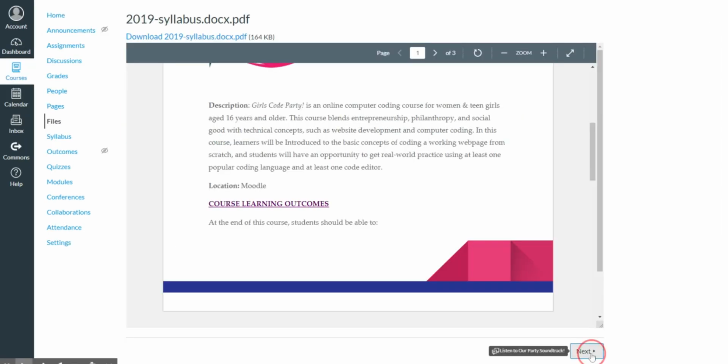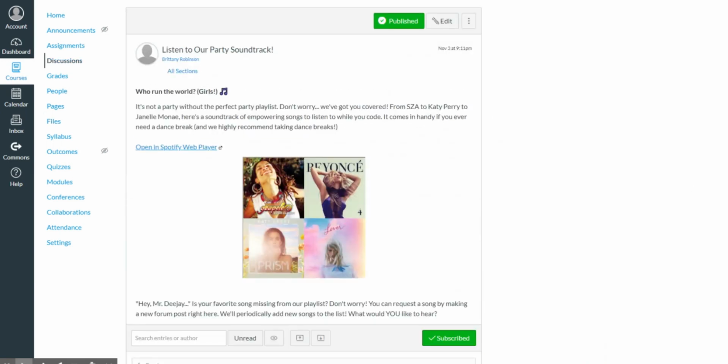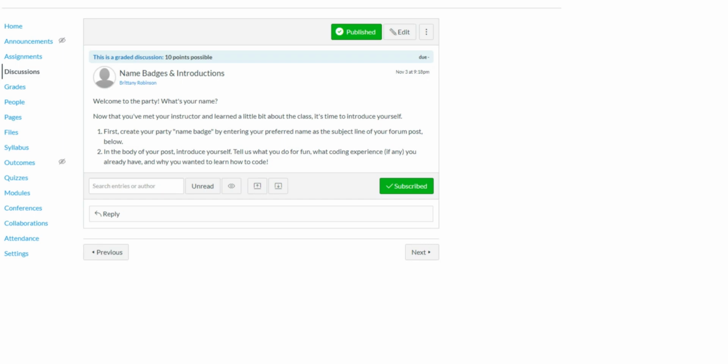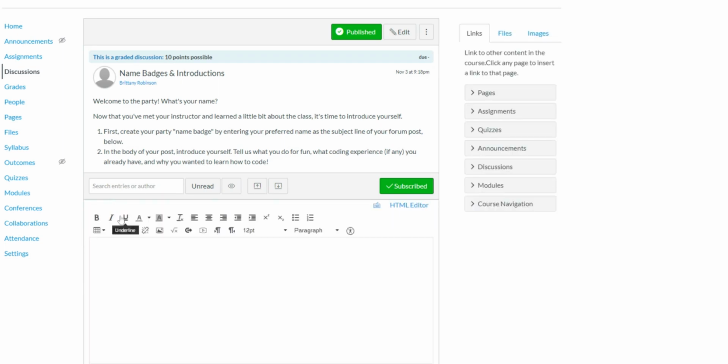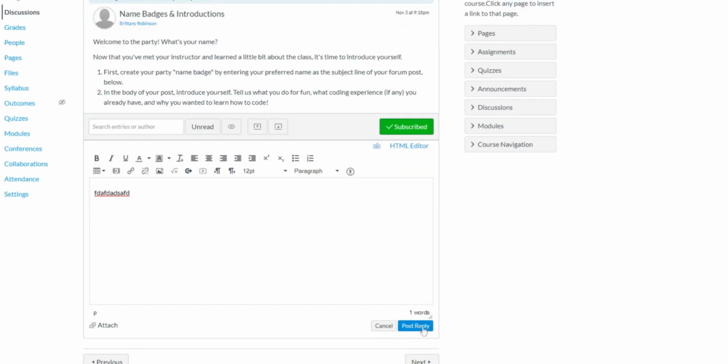The students will navigate the course just like the teachers do, so they'll click the next button to go to the next lesson. There are some required discussion forum posts just to make the course a little bit more interactive and bring more constructivism into the course, but replying to these discussions is as easy as clicking the reply button and then typing out their response. When they're done, the students will just post the reply and it will show up here as part of the